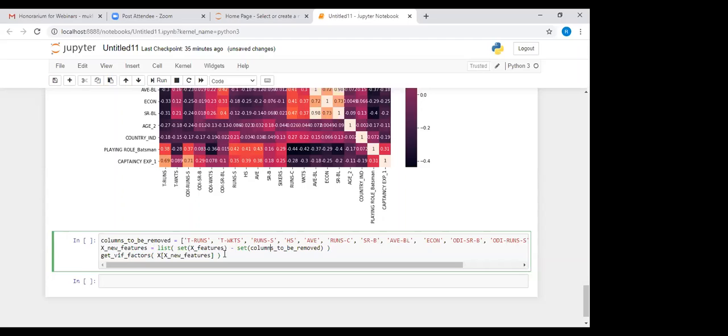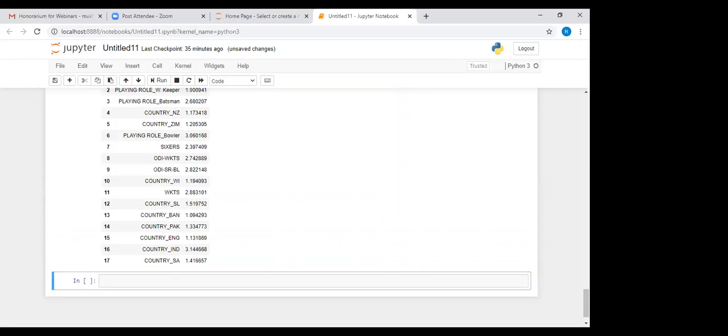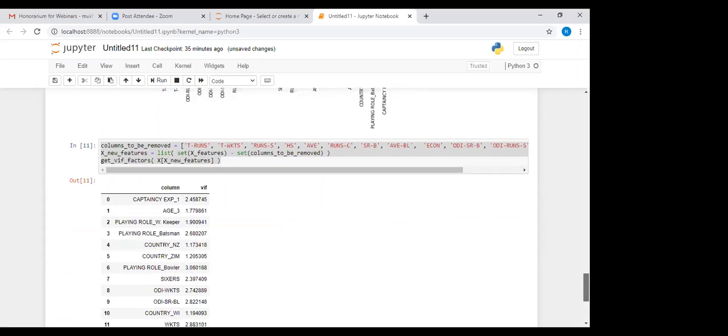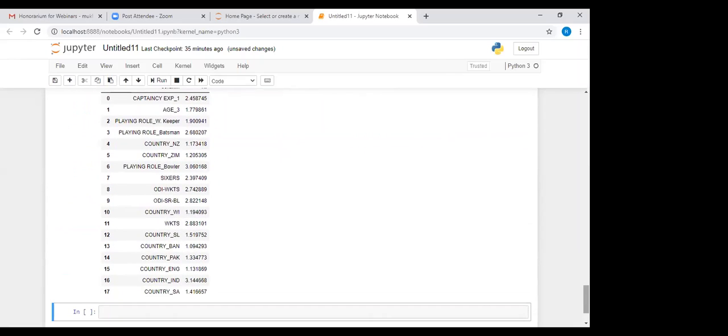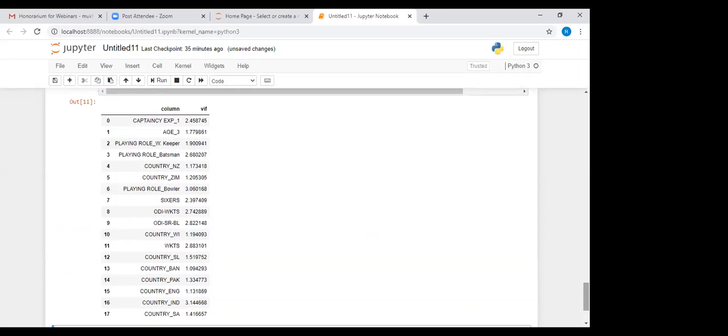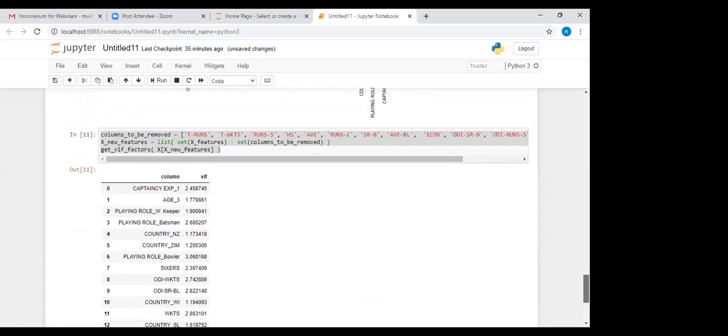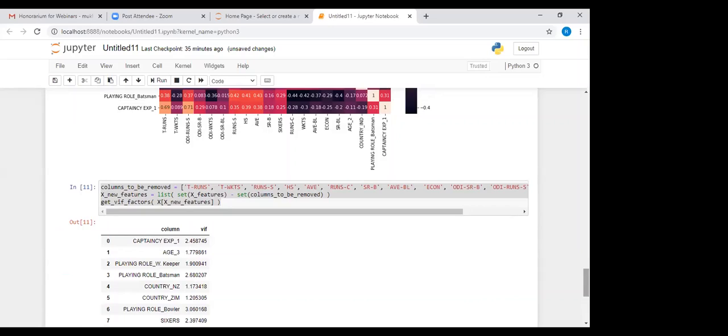So once you have done it, you again get the VIF of these new X features. Now see, all the VIFs of these new features are less than 4. What we did was, from the heat map and the previous variance inflation factor, we took out the features that needed to be removed from the X feature set, and then we again found the VIF.